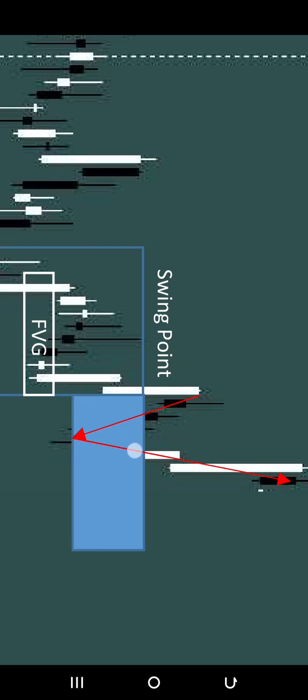Will this fair value gap reject price? Because there is no way that price will come down to take you out, because a fair value gap is expected to push price away. So when you place your stop loss here, you enter here, you target the next swing point, which is the swing high, because you wouldn't know if this swing high will be broken or if there is going to be rejection to the downside. So that is why your 1:2 is enough.